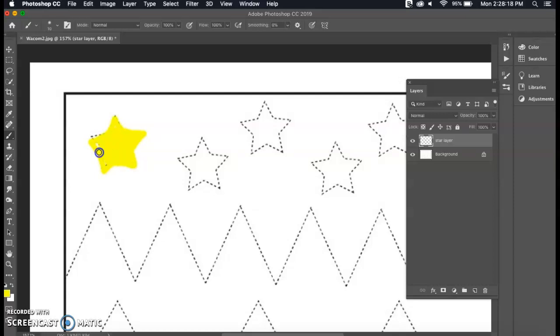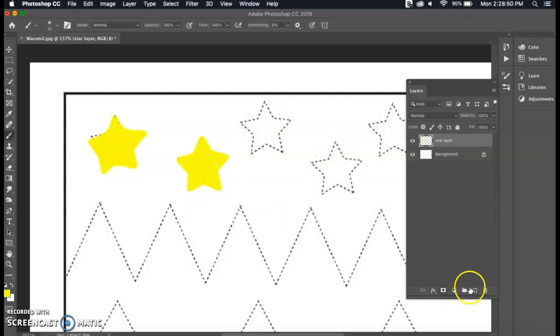If you have straight lines that you're trying to color in or fill in, if you hold down Shift on your keyboard and click, start out, click first, and then hold down Shift and click where you want your line to start and end. It will connect the dots for you and give you those straight lines. So you can go through, fill everything in. So again, I'm just taking my time coloring things in. And then you would go through and finish out the rest of the stars, but I'm going to move on